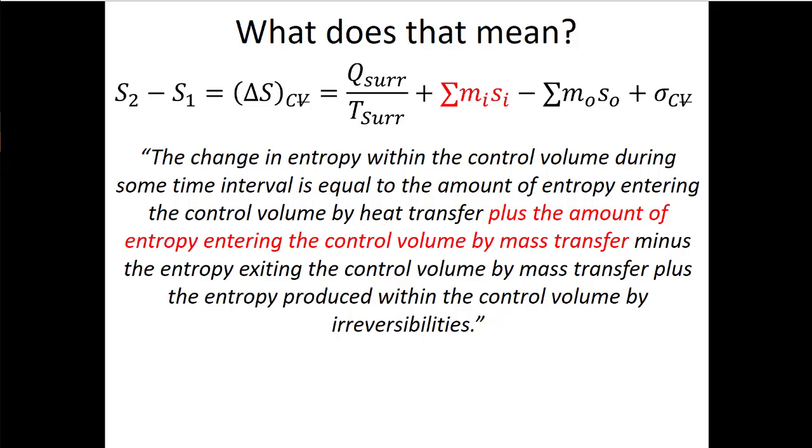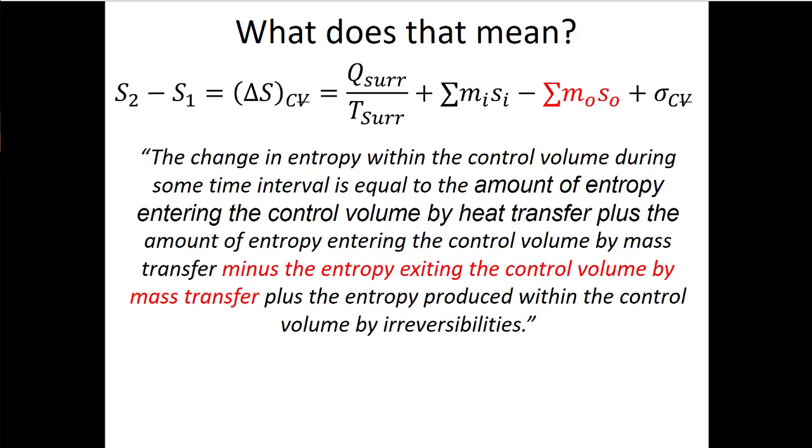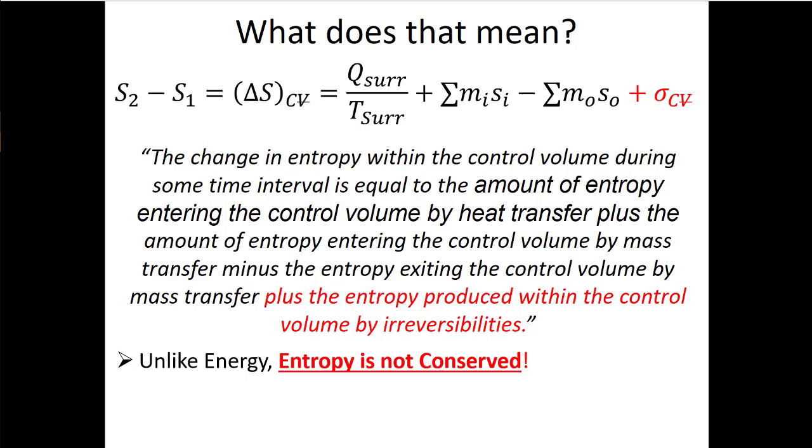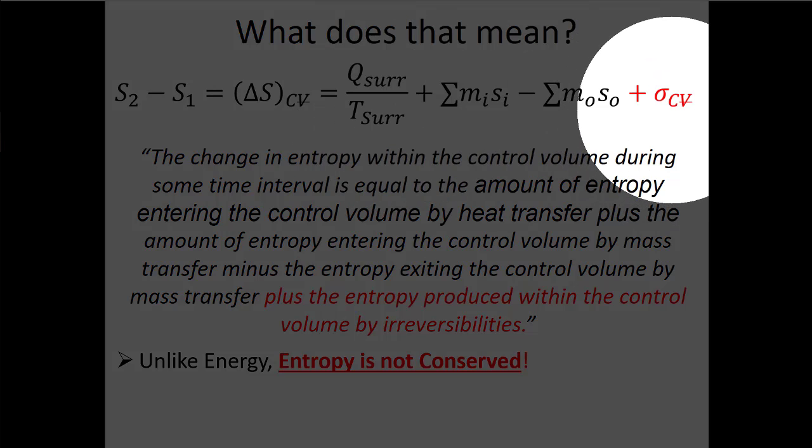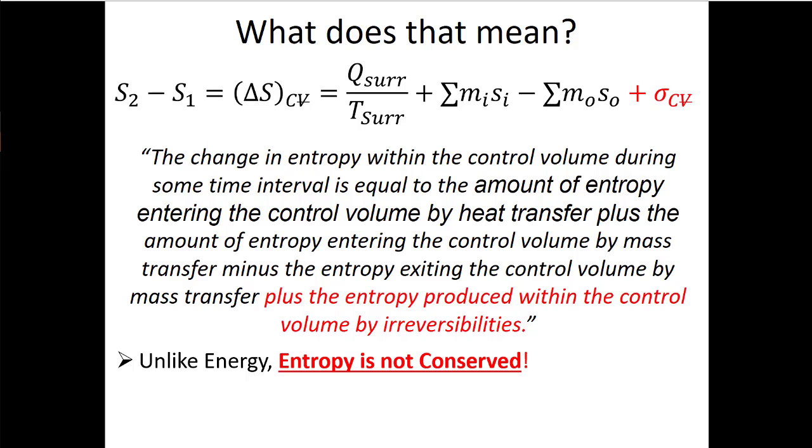Then you've got some entropy that comes in and goes out with the mass. And then finally, the whole reason we're doing this is to find the amount of entropy that's generated from this process. We know that if this was an ideal process, this term would be 0. And if it's a real process, it's positive. We know for sure that if it's negative, it can't happen. Right, so that's the elapsed time version of this. We know that entropy is not conserved. That's what the second law tells us. And mathematically, it means this value has to be positive if it's something that's going to happen in real life,